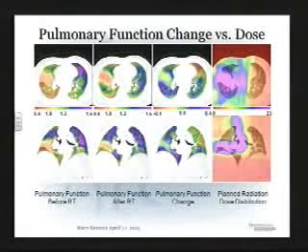Then after RT, you can see, not surprisingly, you actually do a little bit better in the lung where we did some radiation. So this is actually a change map. The lesson here, what I think is intriguing, is that it's not just what happened in the radiation field. So if you look at the change map in the contralateral lung from where we treated, even though this was the radiation field, the contralateral lung had quite a few areas that actually decreased function after we gave the radiation. And I don't think that's scatter, because our standard thinking